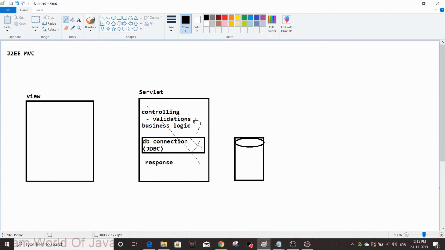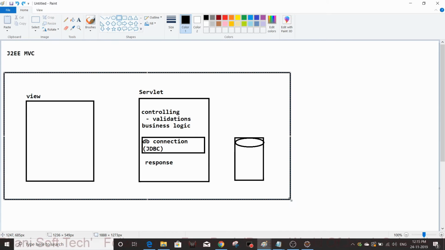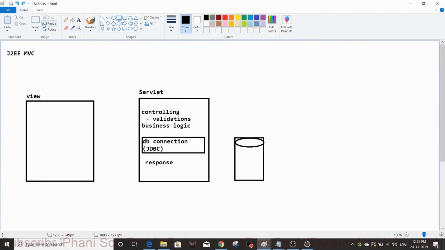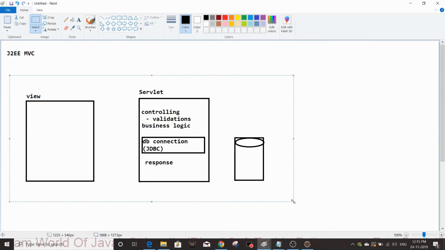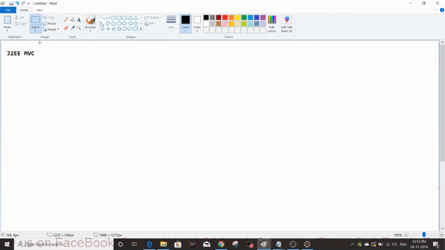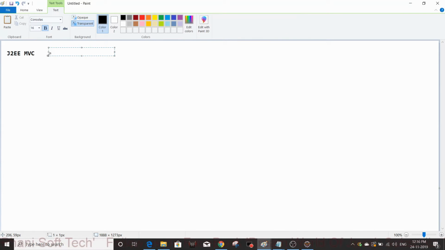That is where MVC comes into the picture. So what is MVC, what does it mainly say? We'll see now. What is the typical architecture of JEE MVC? MVC stands for model, view, controller.